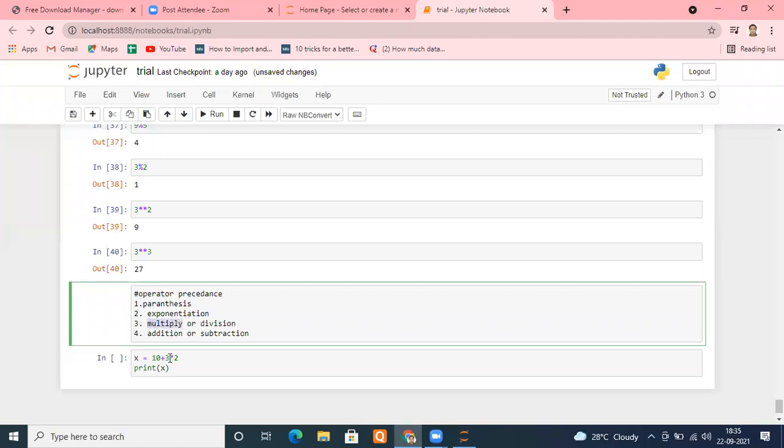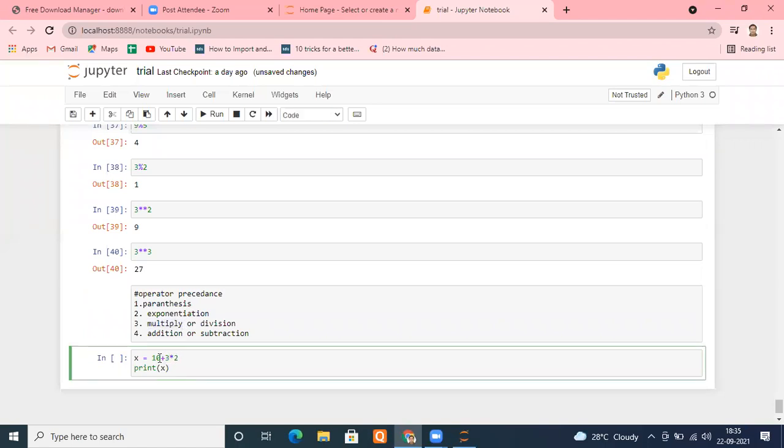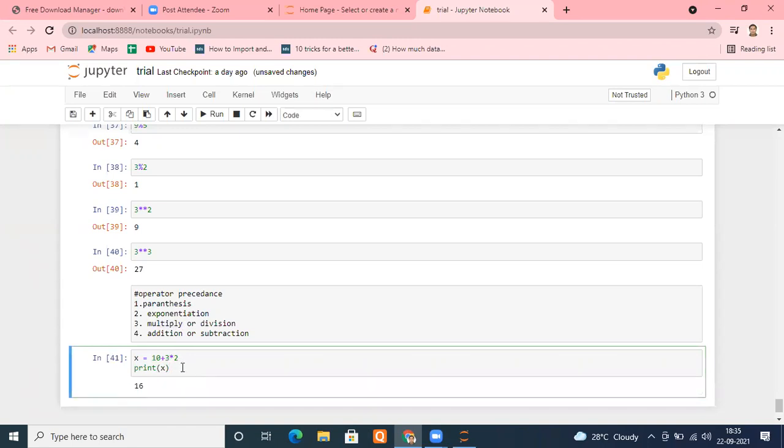So first the multiplication will occur between 3 and 2, and we will get 6. Once 6 is computed, then 6 and 10 will be added. So the result will be 16. Is it fine, everyone? Please tell me. Yes, sir.